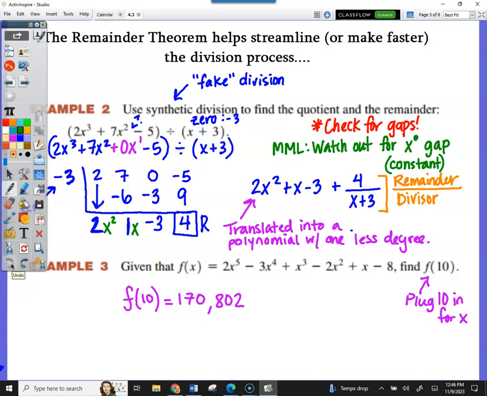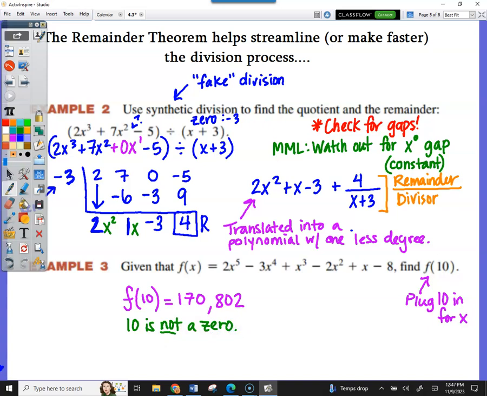And then this was just to say, here's this function, find f of 10. The point of this was twofold. One, do you remember just how to evaluate a function? It says to find f of 10. Two, because I got this number, it means 10 is a zero, yes or no? No. It is not, because it didn't equal 0. There you go. It is not a 0, which means